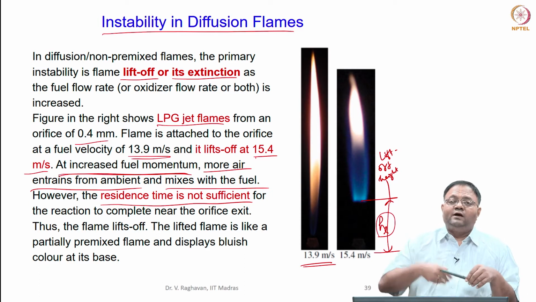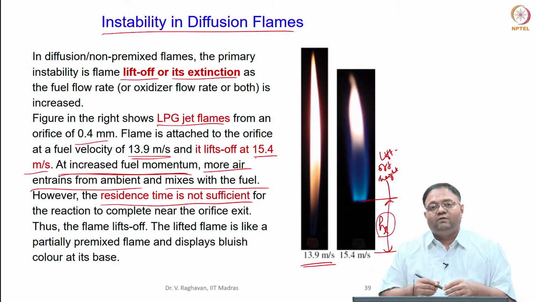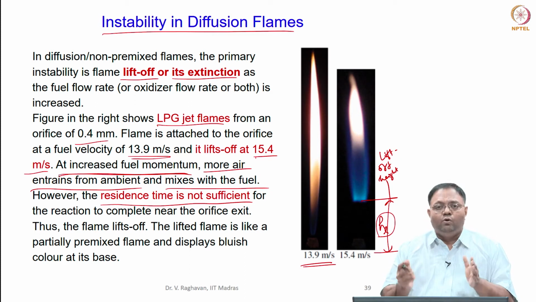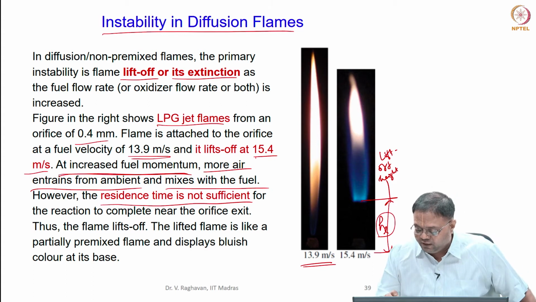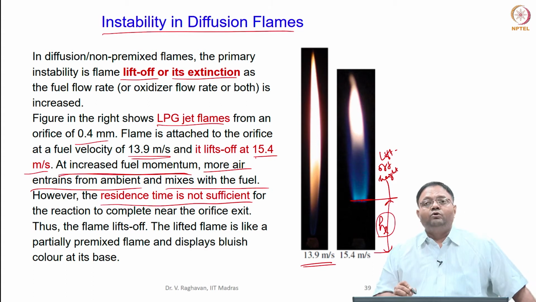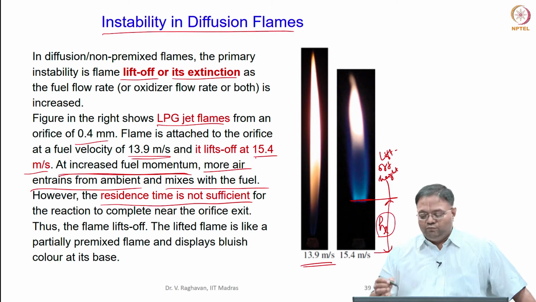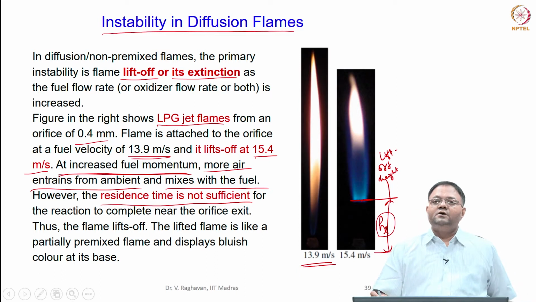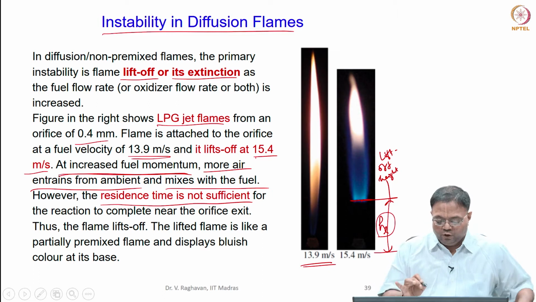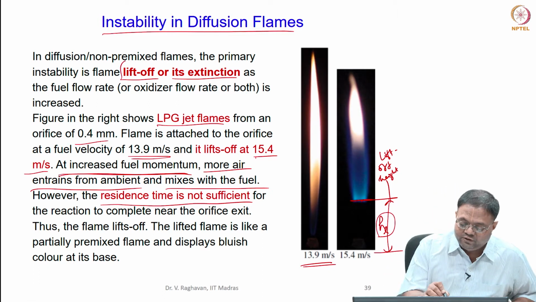You know that the jet velocity decays. So, after a particular distance, you can see that velocities have decayed to a lower value, the jet has spread, and enough mass of air has come in. In that case, the velocities are low, so the residence time is higher, so that the flame sustains at a particular height. But if you try to increase the flow more and more, then what happens? To some extent the HL will increase and after that it just puts off. So, that is the only instability we will see, the lift off,